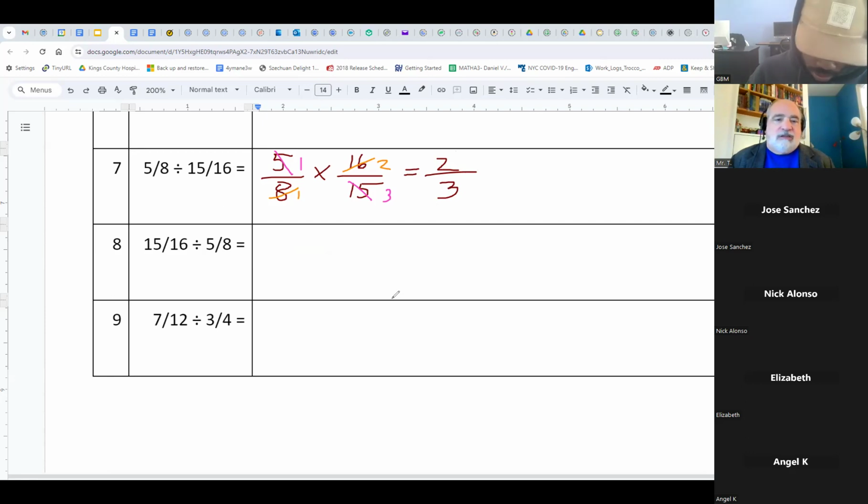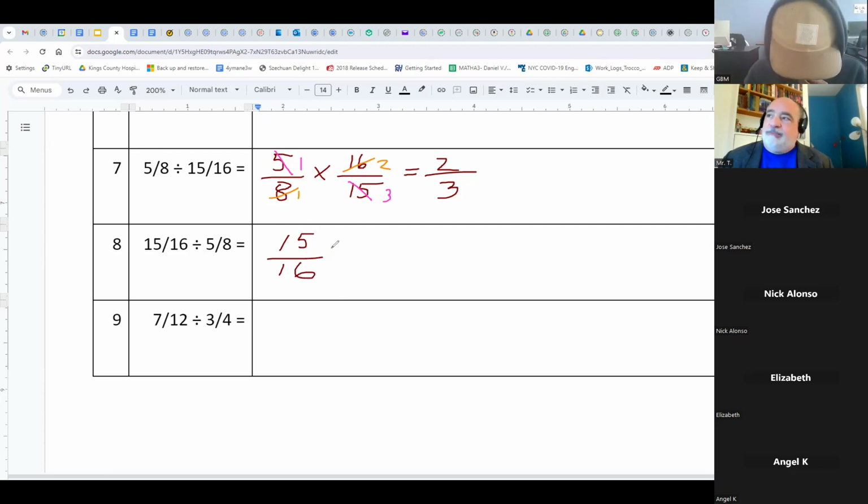Sean, just taking notes. Angel, Nick, Stacy, Elizabeth, if you'd like to try one. Ashara, I can read it aloud to you if you can't see it. I'll do one. 5/16 divided by 5/8. Okay, 15/16. Yeah, that's 15/16, not 5. You're right. Sorry. Okay, 15/16